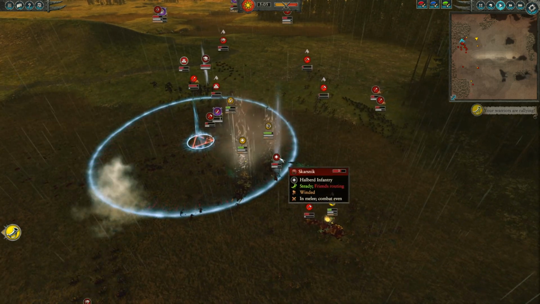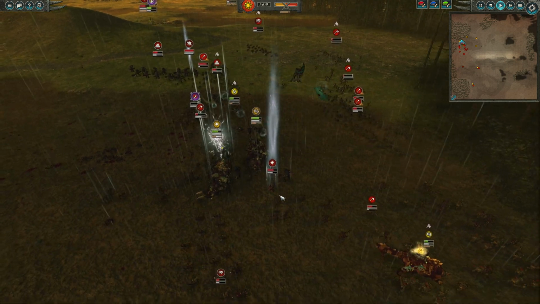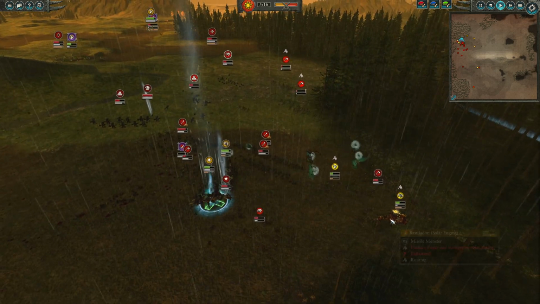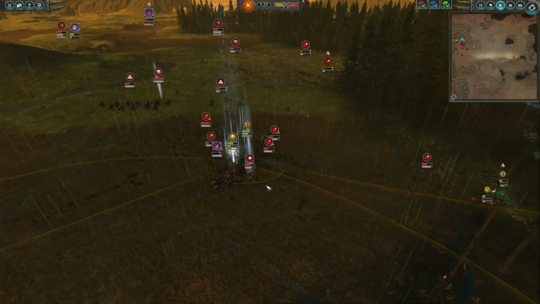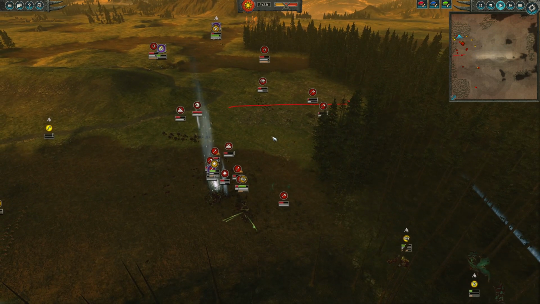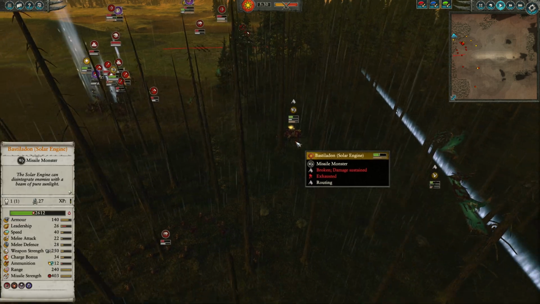Of course, Skarsnik is still engaged here. Balance of Power is now coming back. Skarsnik is engaged. These Forest Goblin Spider Raiders got caught, actually, which is huge, because that might allow the Bastillodon Solar Rangers to come back, although being chased by Savage Orc Pickens. It's terrified again. Stegadon is winning this combat, and actually fighting over here was good for me, because it means Greenskins will rout off the field, but also my own units will rout off the field, so...